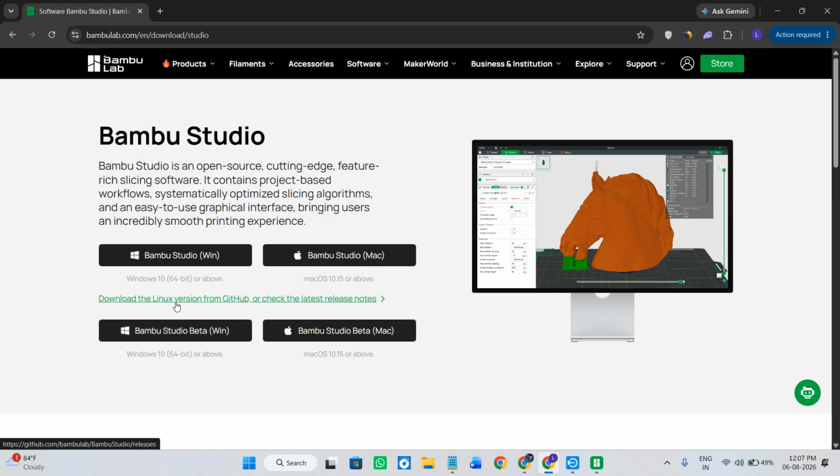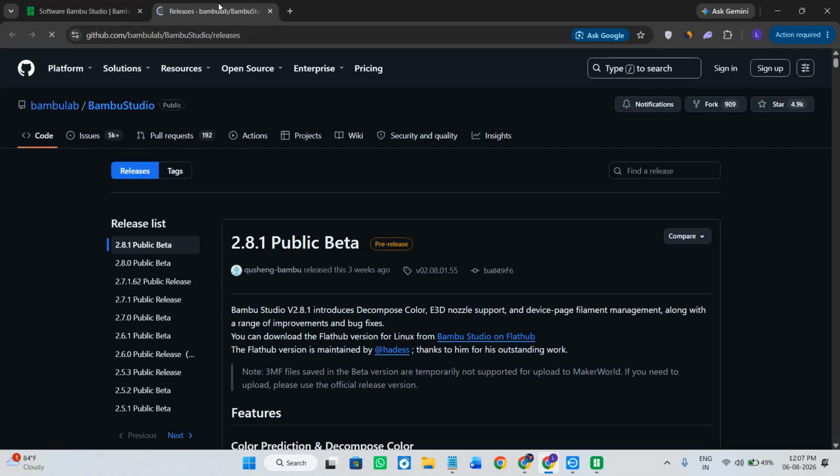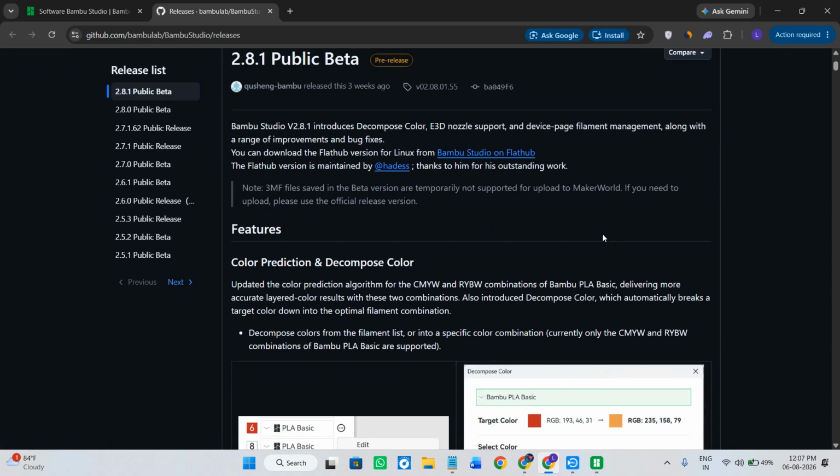order to download it in Linux, you need to download the Linux version from the GitHub, or you need to check the latest release notes. So simply click on this particular line and you will land here on the official GitHub page of Bambu Studio. Now over here you are going to see all of the release list, so you need to simply just